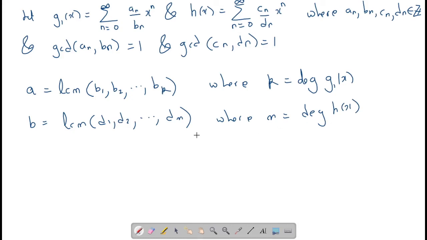Now why do we do this? Because we only want to take some finite number. Okay, so therefore